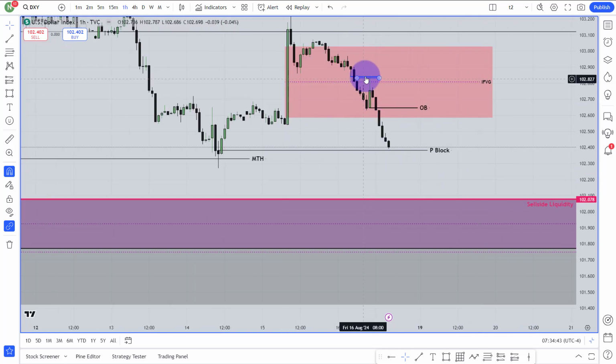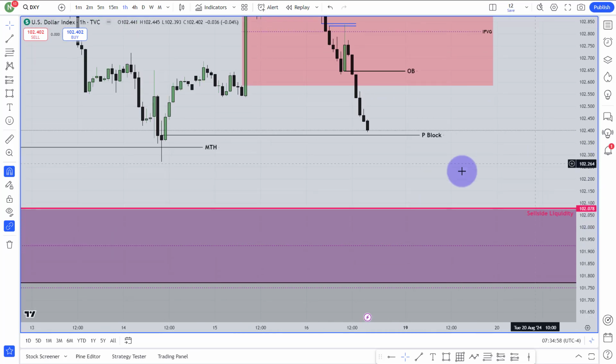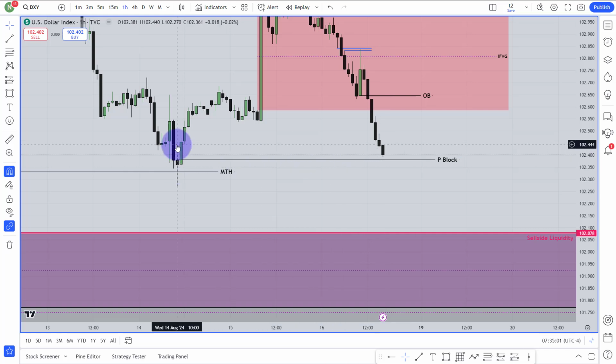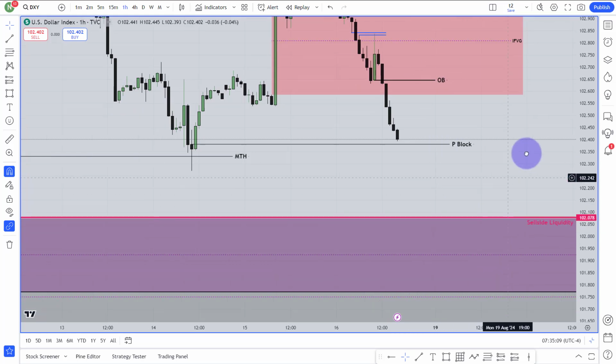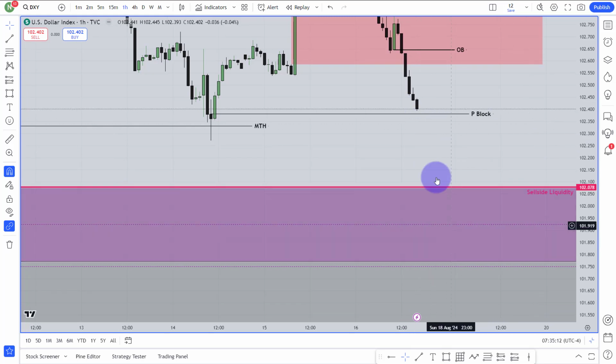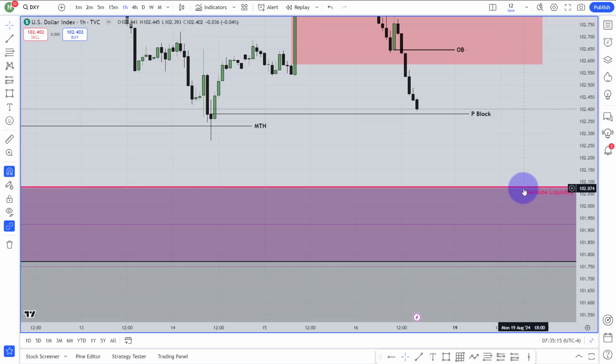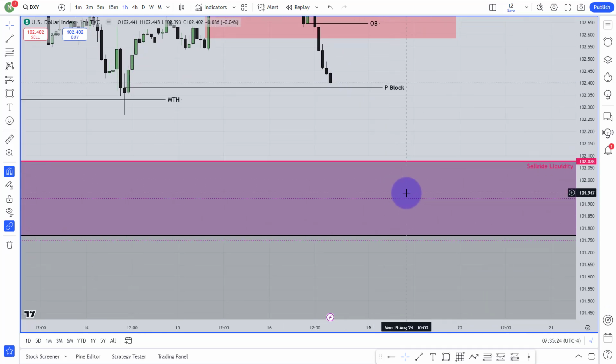This specific candle has traded that fair value gap. So the market has traded that fair value gap, went lower, went through all of this and took all of this liquidity. It should reverse until the order block before taking this sell side liquidity. That is my thinking right now. I would love to see the market trade that propulsion block, then go for that order block, then fall for this sell side liquidity. At the same time, it can simply go through all of this and take that sell side liquidity, as you have seen from the weekly chart and the daily chart, that the market is extremely bearish